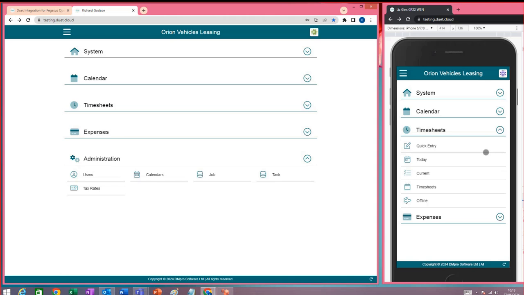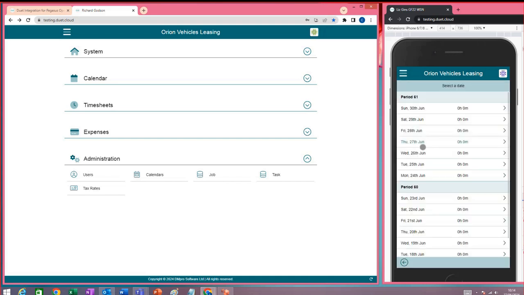If you've got remote workers, some people may enter time literally as they go, a quick entry. Others might book in their time today, so at the end of the day, they book it all in. Other people will leave it all till the end of the week or end of the period and book it all into a timesheet here. So let's show you basically how these work. A quick entry,